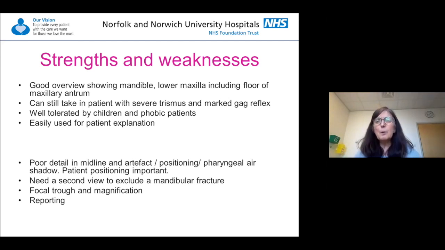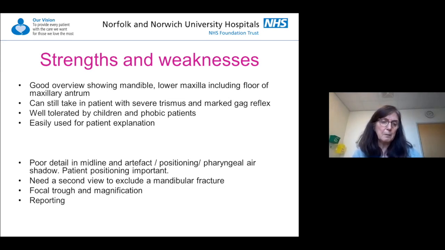Now, reporting is quite important, and most radiographs we take, if you take an X-ray of someone's broken arm, you get a report back quite nicely. In a lot of trusts, because the maxillofacial departments are the main ones to request OPTs, there isn't routine reporting. So if you get a radiograph back unreported, I would suggest you either request a report or you ask one of your maxillofacial colleagues to look over it and enter in the patient notes